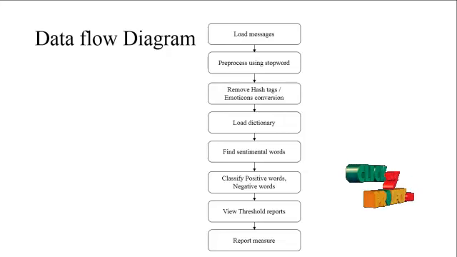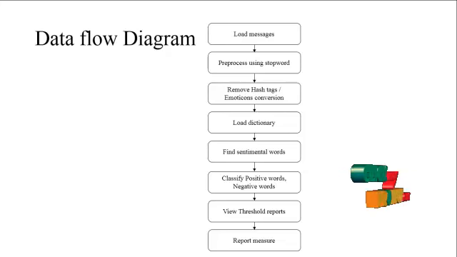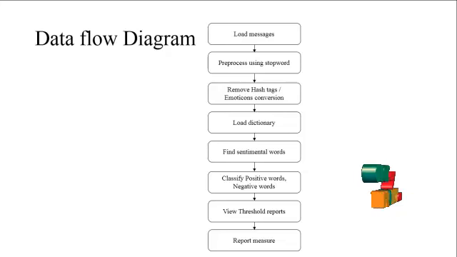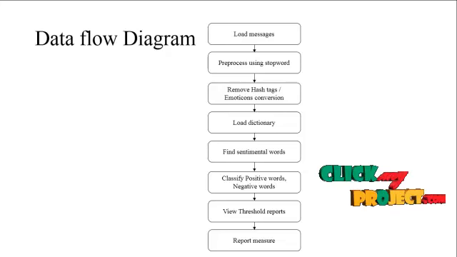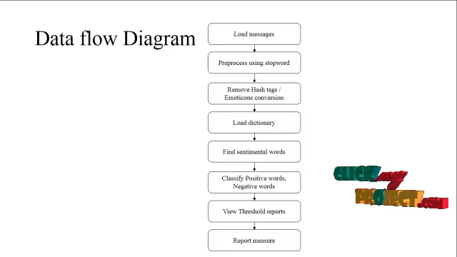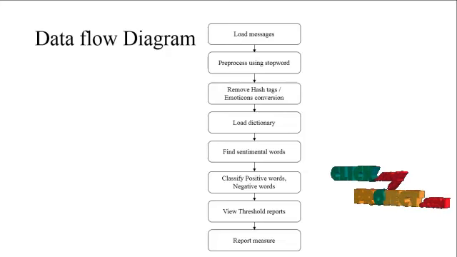After that, we have to view the threshold reports. We have some threshold numbers. We have to process the negative and positive values, or sentimental scores. Based on the sentimental score, we set the threshold values and produce the graph based on those sentimental threshold values. After that, we have to find out the report measures. Report measures means we find the precision and recall values, the analysis results and the accuracy of the